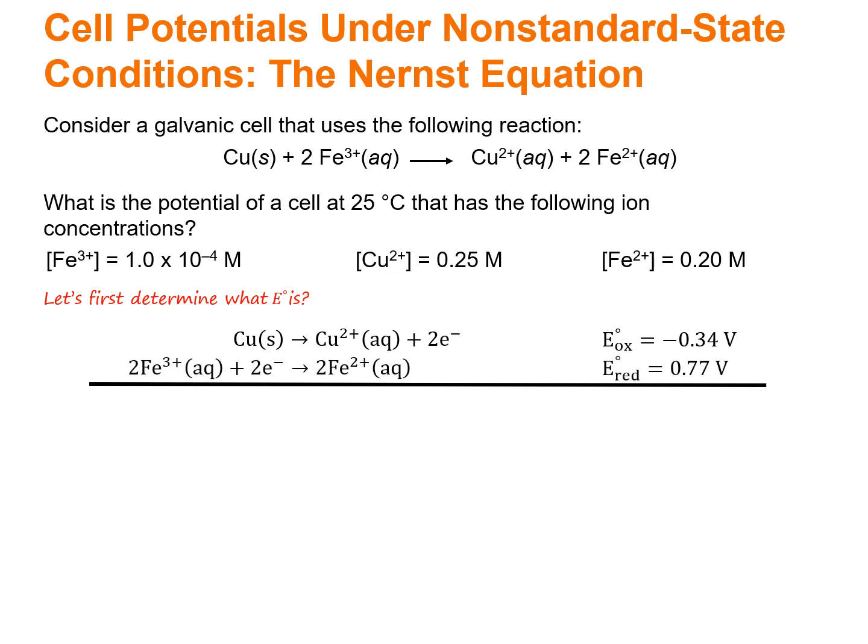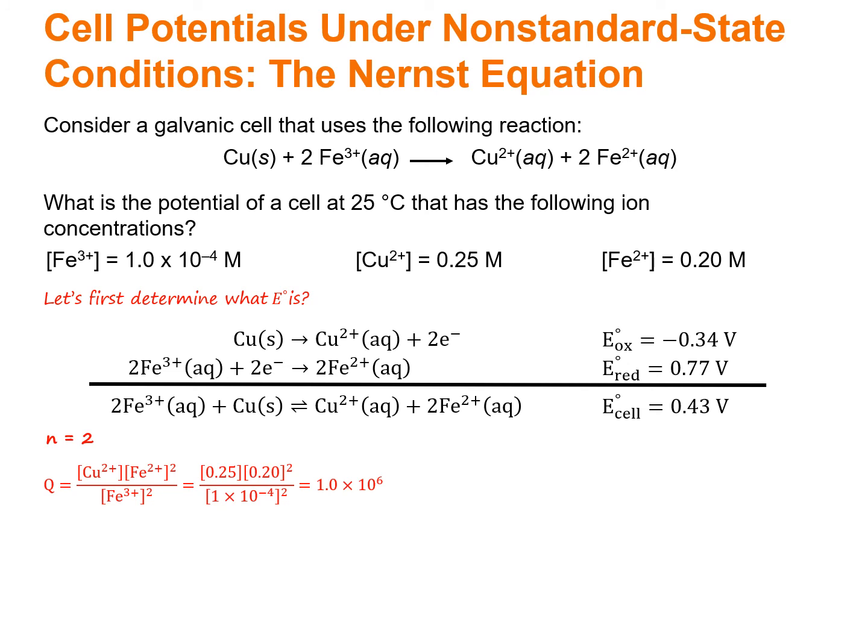And then the iron 3 plus plus 1 electron to go to iron 2 plus. That doesn't balance out with the electrons, so I already took the liberty of multiplying it all the way through by 2. And so then electrons balance out. We can add those two half reactions, and we get the cell potential of 0.43 volts is what we're looking at. So that's a spontaneous reaction we're looking at there. So the value for N should be 2 in this case,